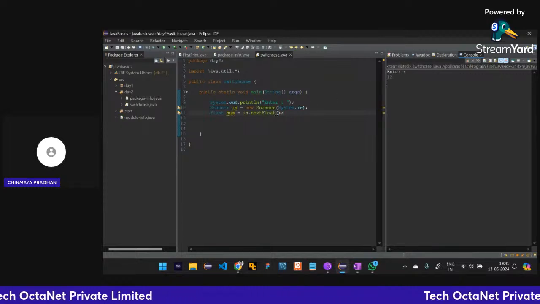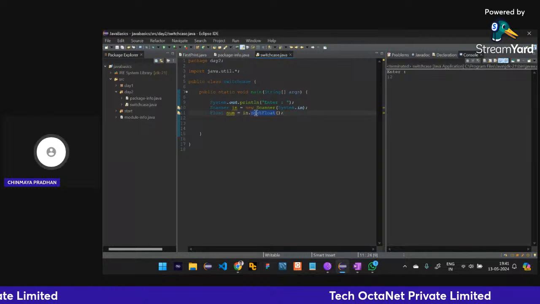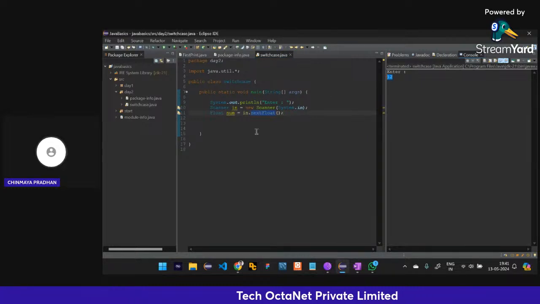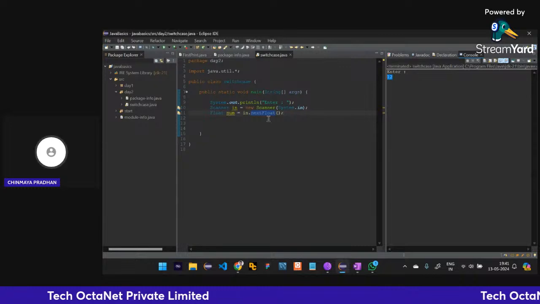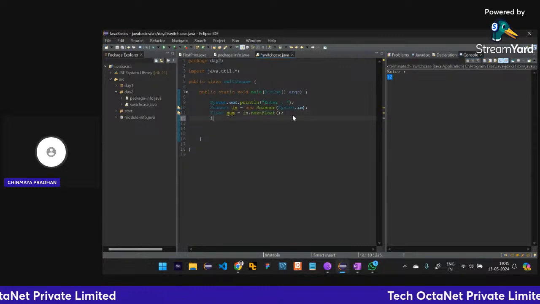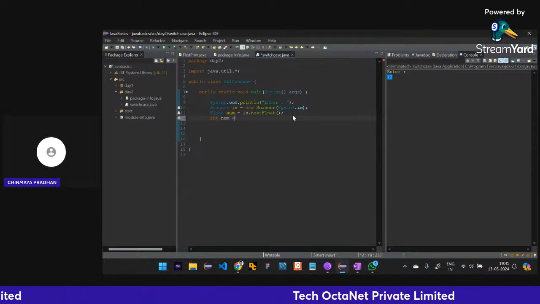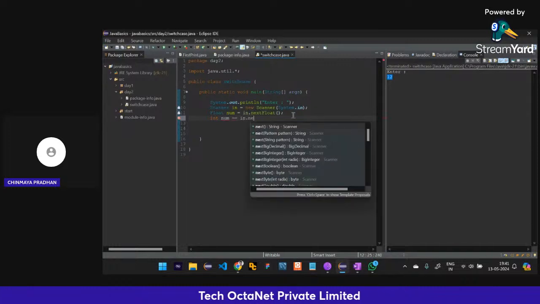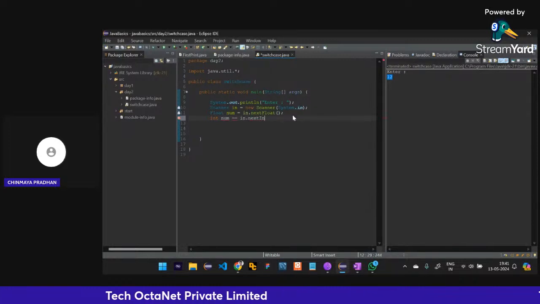Can anybody say, if I write float here and I give an integer, it is taking the correct output. But if I write integer num and in dot next,